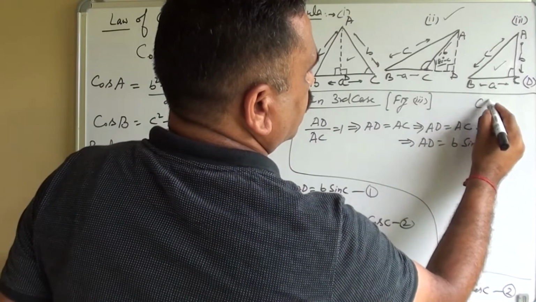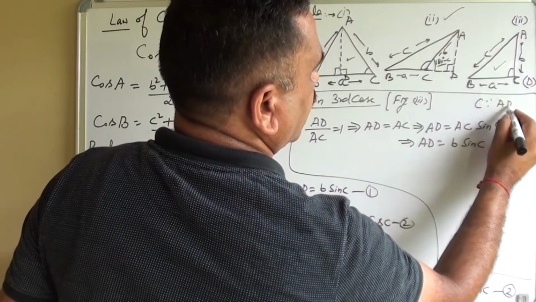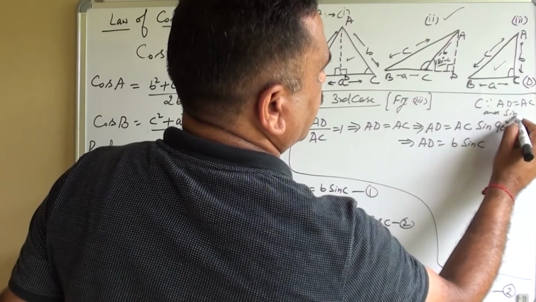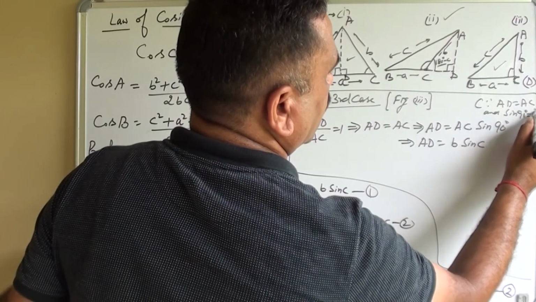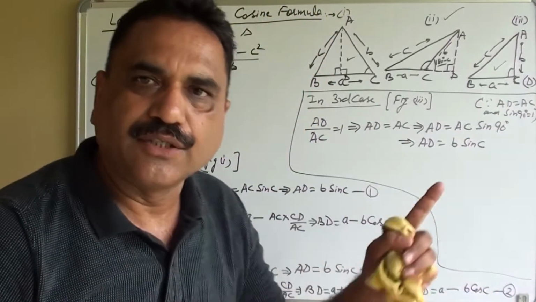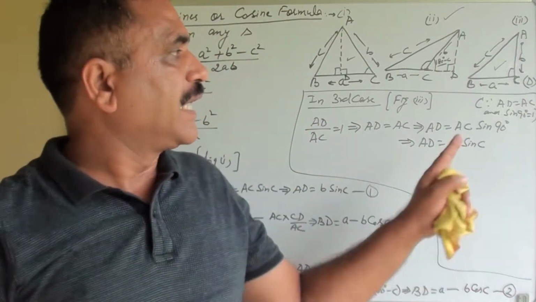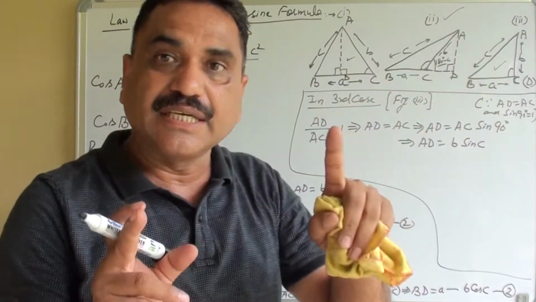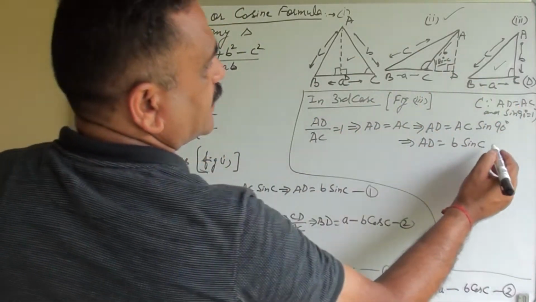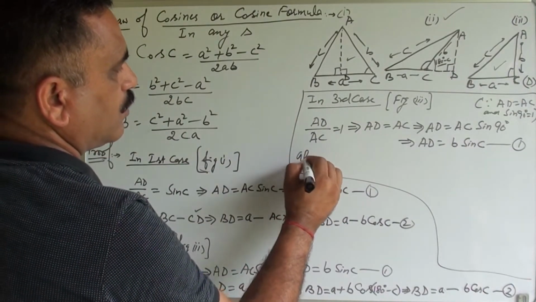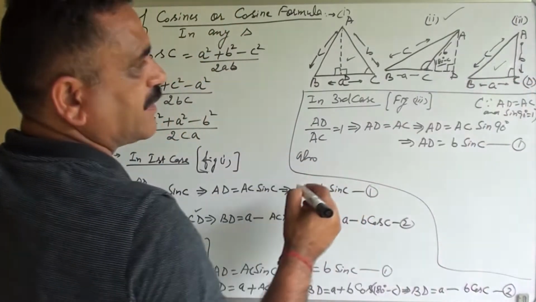Why? Because एक तो AD जो है वो AC के बराबर है एंड sin 90 का वैल्यू जो है वो 1 होता है. देखिए इसको 1 से मल्टीप्लाई किया, कोई फर्क नहीं पड़ा, sin 90 और 90 डिग्री किसके बराबर है? एंगल C के बराबर है. So this is AD is equal to B sin C. Also now again we will find the value of BD.